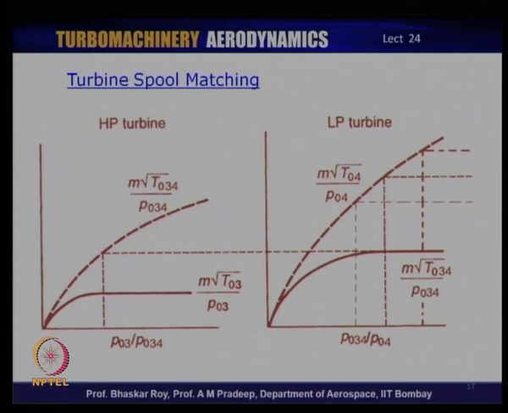This is post facto, that means after they have been designed and their characteristic maps have been created. So, this is your HP turbine characteristic, this solid line, and then this is the exit of the characteristic. This we normally give by the entry characteristic, but you can draw an exit characteristic. So, let us say this is your design operating point, which you can now extend to this exit characteristic point